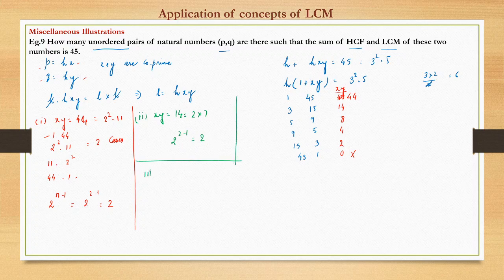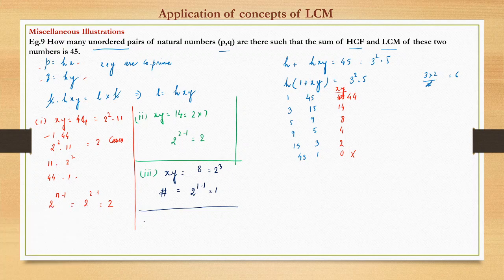Now third case we will see. Third case, let us see, when xy is nothing but 8. So this can be written as 2 cube. So what is the number of cases? Number of cases would be nothing but such possible cases with only one prime factor, which is 2. So 2 raised to power 1 minus 1, which is 1. Okay.